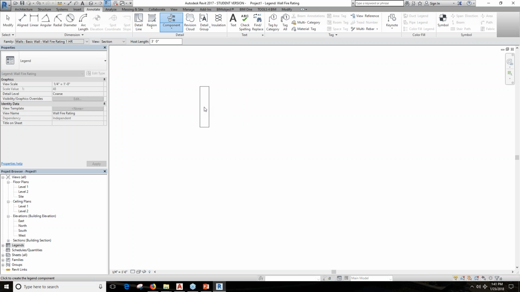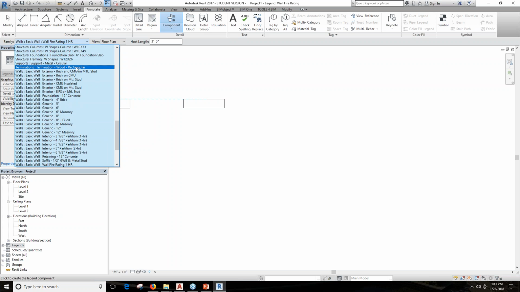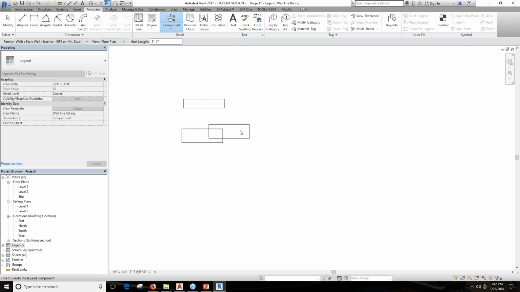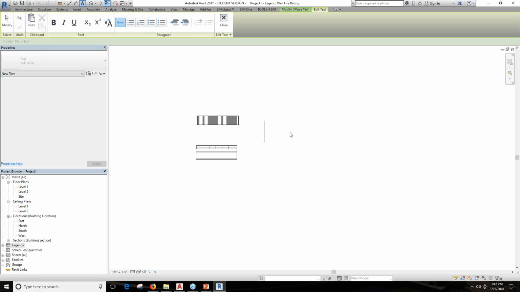The representation here for the legend can be in a section by default. You can do the floor plan and you place it here. You can use the other one, the 2 hours fire rating walls 2 hours. I think I didn't name it, I just keep it like that way, but I think it's this one. And then you place it there. Obviously you bump it up here, and then you're gonna see the actual hatch. You can apply then, and then you can come here, and then with the text you can name